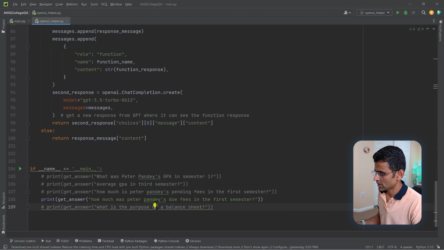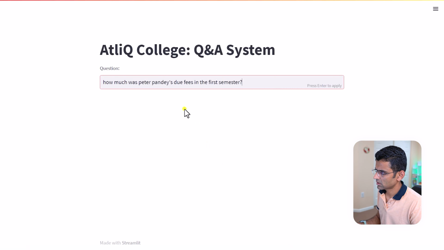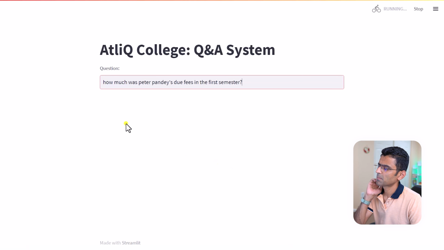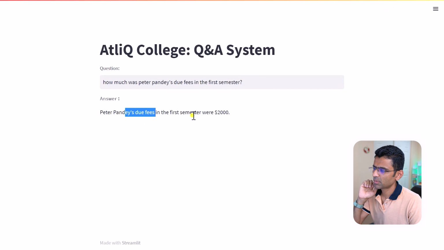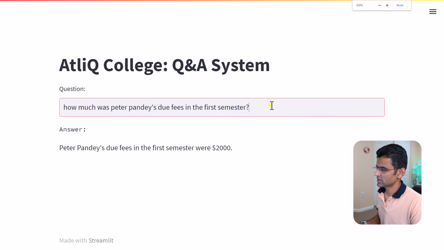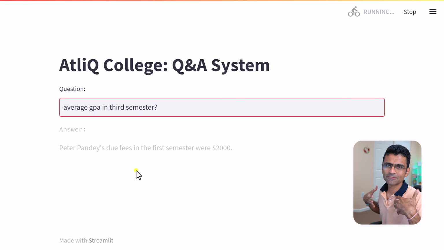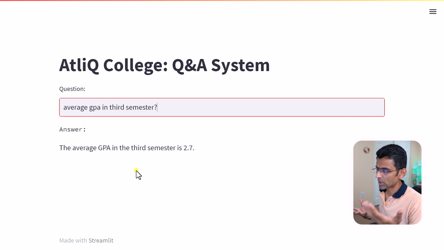So I will copy paste some of these questions. How much was Peter Pandey's dues, fees, whatever. And while it is returning the answer, let me copy paste another question, which is average GPA in third semester. See, Peter Pandey's due fees is this much. Then you have another question. You can ask n number of questions on your internal Atlic College database.